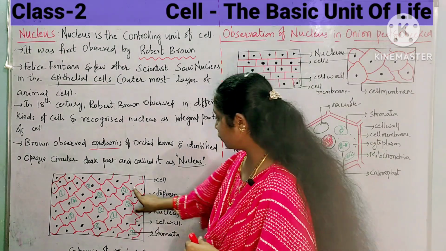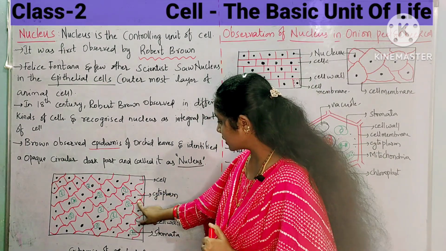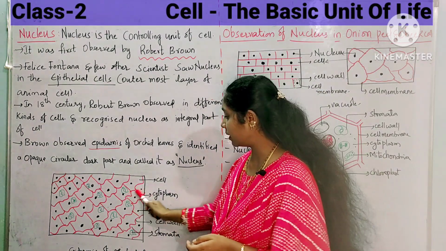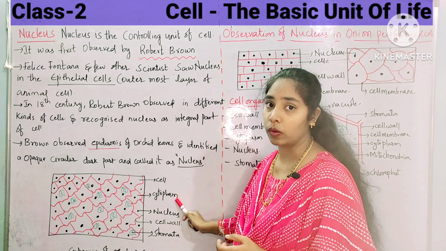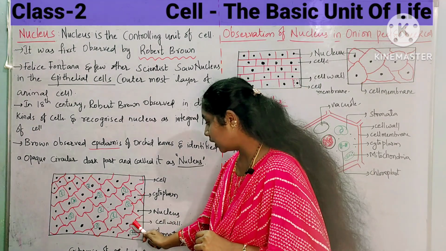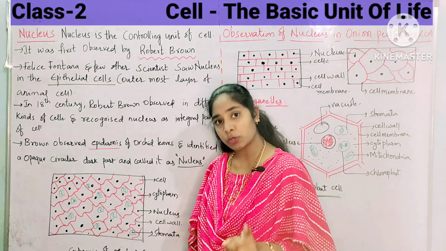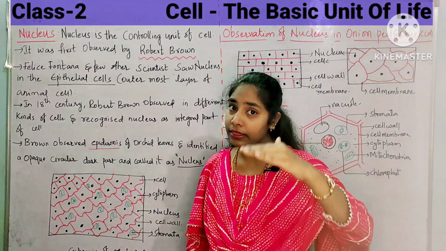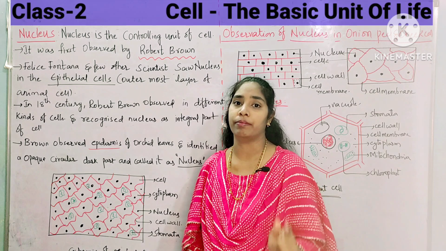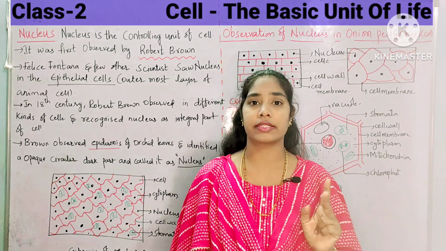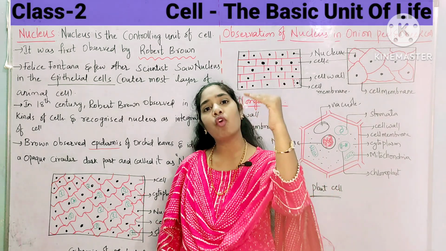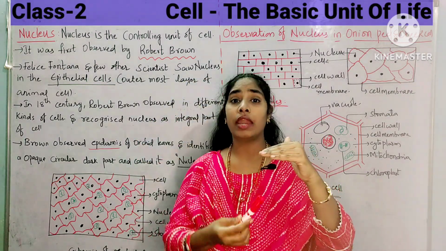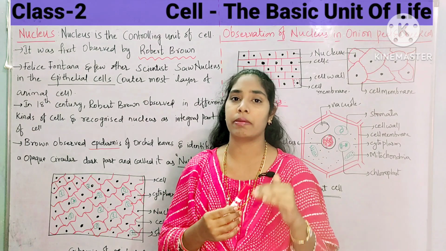Now if you see, these are the cells. Each cell contains a nucleus. In the middle there will be a jelly part, and that jelly part is called cytoplasm. Each plant cell is covered by an outermost layer called the cell wall, and beneath the outermost layer is the cell membrane. We will find two layers: one is the cell wall, which is outside the cell, whereas beneath the cell wall is the cell membrane.